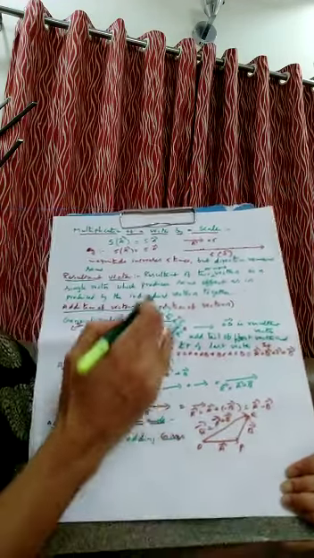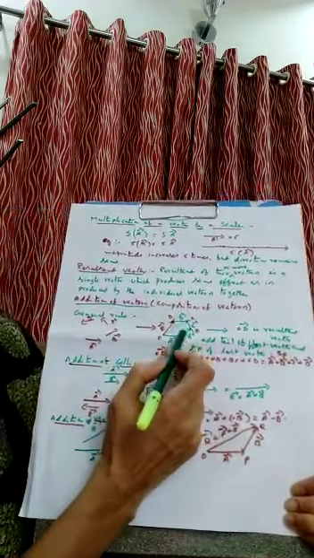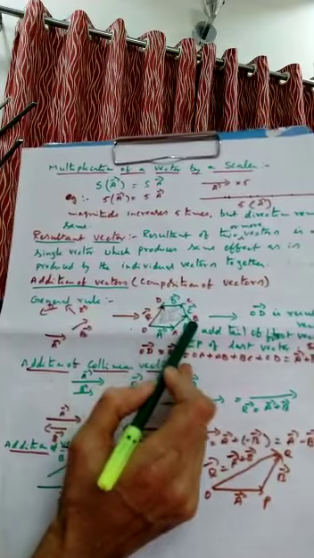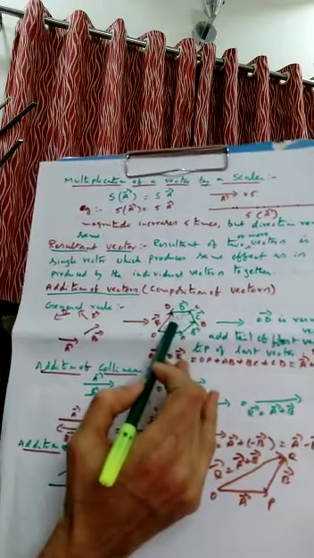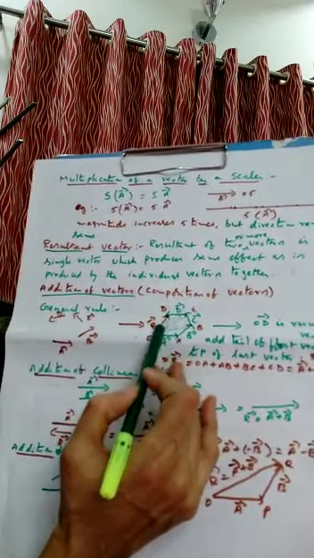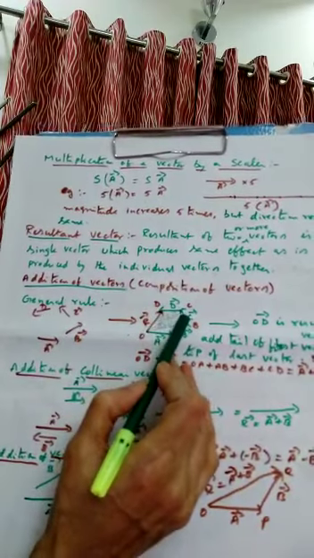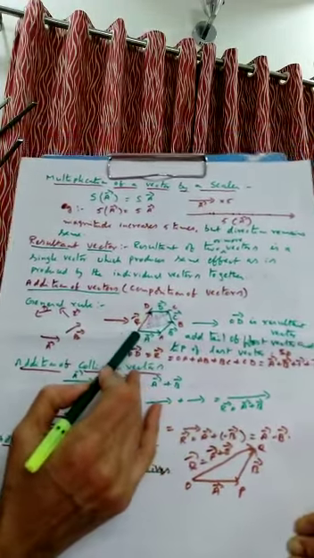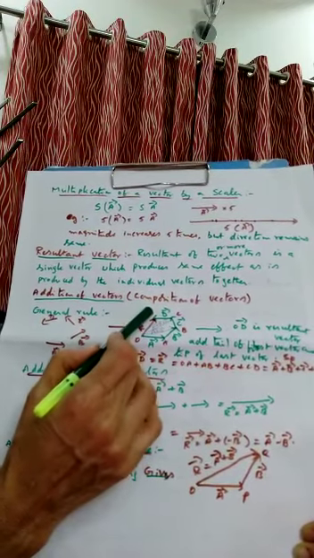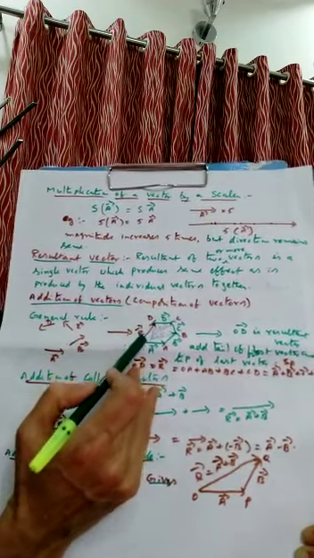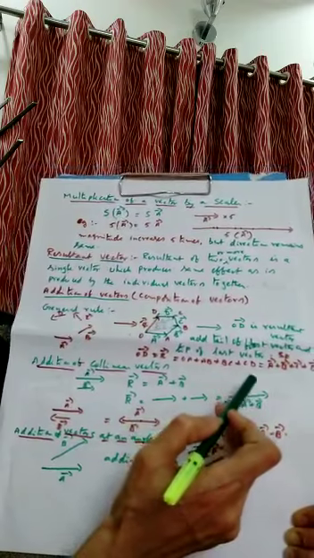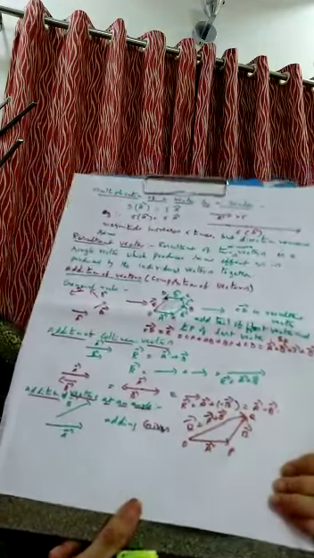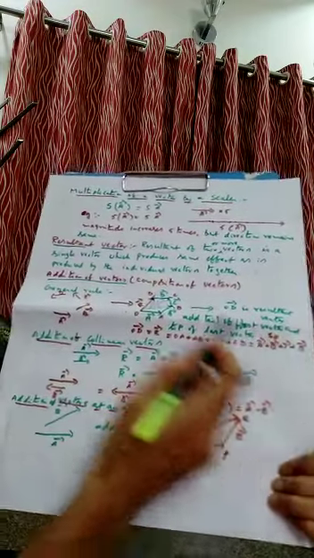R is the resultant vector. So if I add them, first you see A and B. Join this, what is OB? A plus B. Then A plus B is this vector, and C here. What is this? A plus B plus C. Then again D. A plus B plus C plus D. What is the tail of the first vector and the tip of the last vector? OD is given by A plus B plus C plus D and so on. Got it, all of you? So A plus B plus C plus D here.